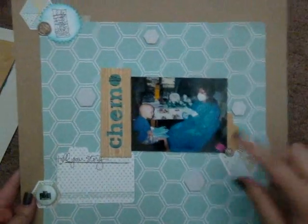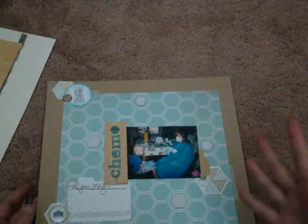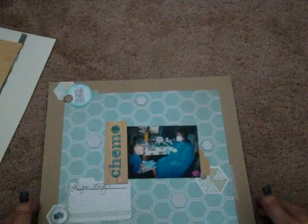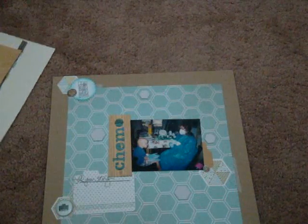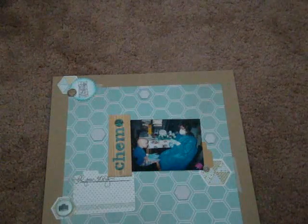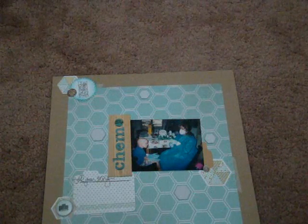And then the other one, I'm not quite done with it because I haven't done my journaling yet, but this is how it came out. This is a picture of my husband when, I want to say, he was somewhere between 5 and 8, because at that time in his life he had leukemia. I'm not sure exactly how old he was in this picture, but this is the only picture that I've ever seen of him while he had cancer. And while it's not the most fun time of his life, I feel like it's an important part of his life. So I really wanted to document it, and